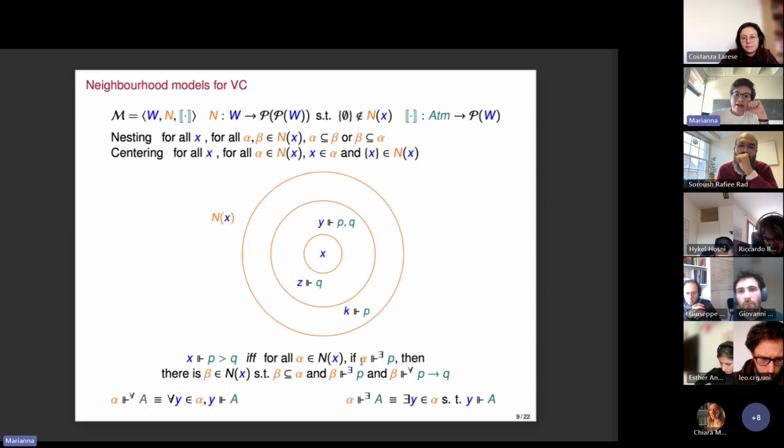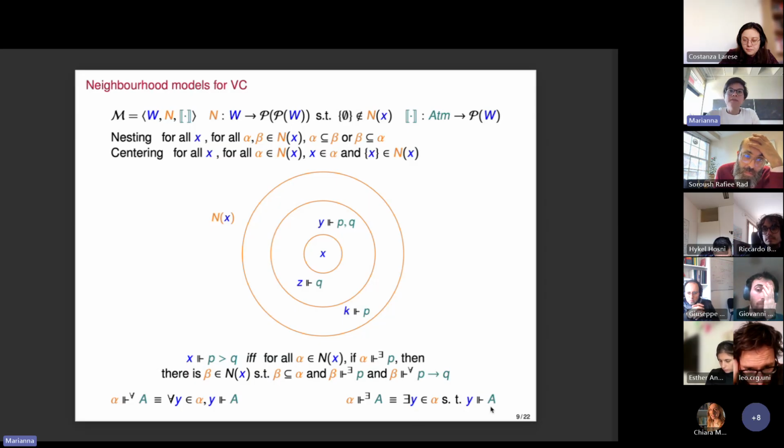If alpha existentially satisfies P, this means that there is a world in alpha which satisfies P. So if there is some world somewhere that satisfies P, if this is not satisfied, it means that P is not true anywhere, and then the conditional is going to be vacuously true. It's an if-then. So if there is some world somewhere which satisfies P,